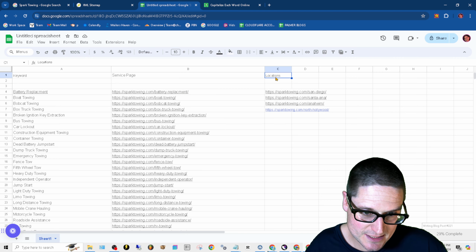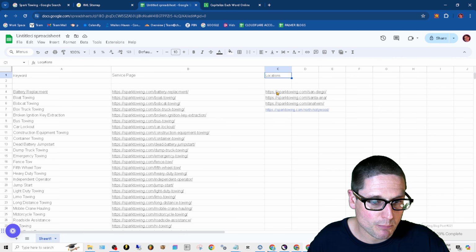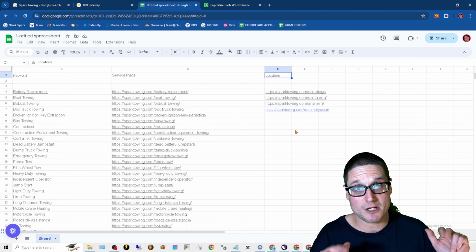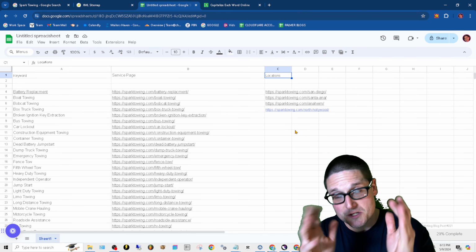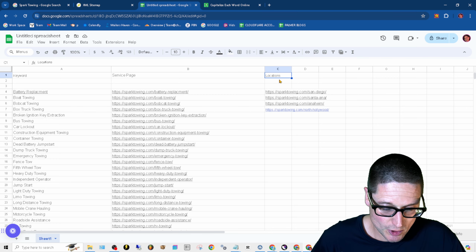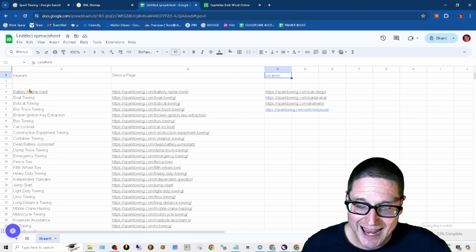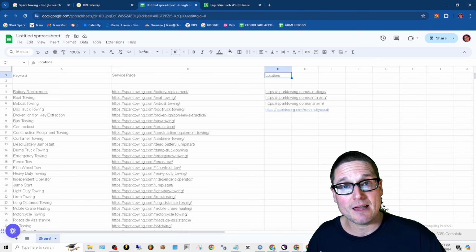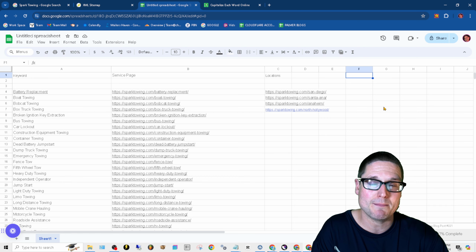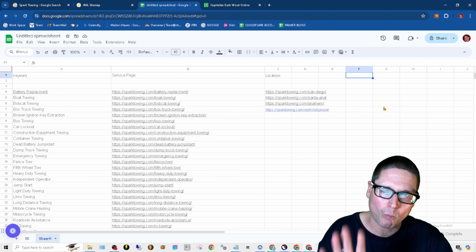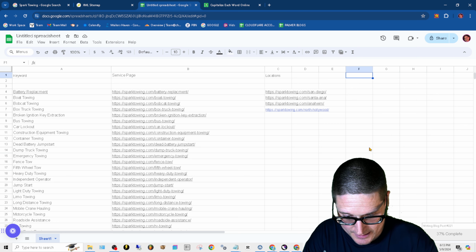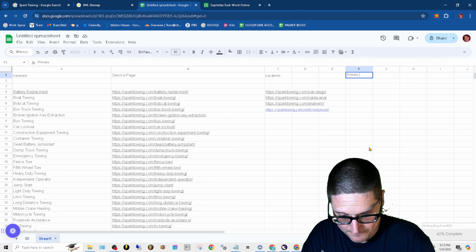On top of this, you see a tab here for locations. These are the primary locations that we're targeting, that we have towing pages for. Our primary category for this particular example or for this training is towing. All right. So here's our locations, service page, and our keywords. The only piece that I left off so that we could do together is let's figure out our 4 primary categories, our 4 primary keywords. So this is keywords or cats, right? So primary keywords